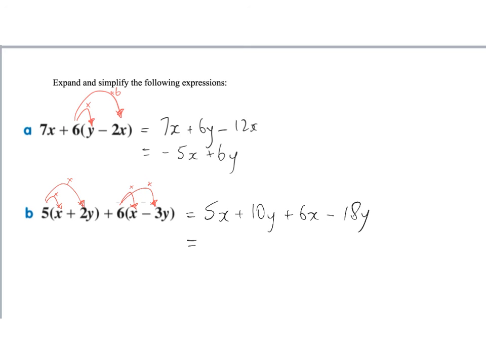Again, we need to collect like terms. We've got 5x plus 6x, which will give us 11x, 10y minus 18y, which will give us negative 8y. So you can copy those 2 examples down, guys,